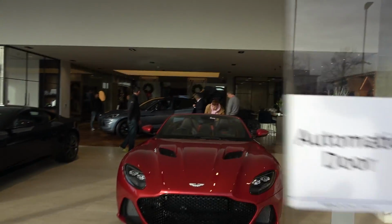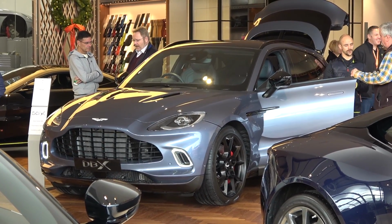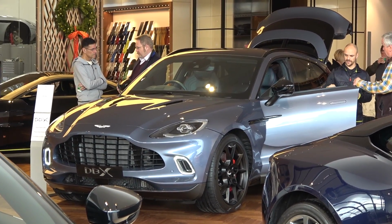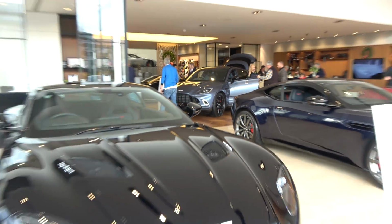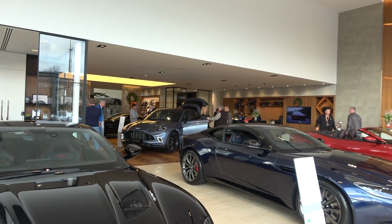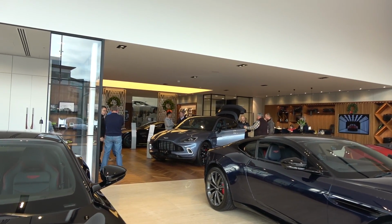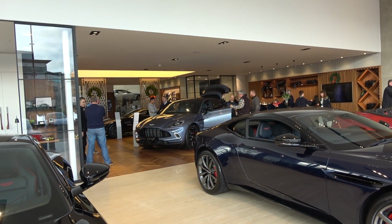And what I'm going to do is I'm actually going to flick the microphone round and give you a point of view look at the Aston Martin DBX that is taking centre stage here at Aston Martin Hatfield. There is something quite exciting about seeing the DBX in this showroom, something that I'm so familiar with, but next to its siblings. We've got DBS, DB11 and DBX. This is going to be our reality now for the next 5, 6, 7 years, however long production lasts for